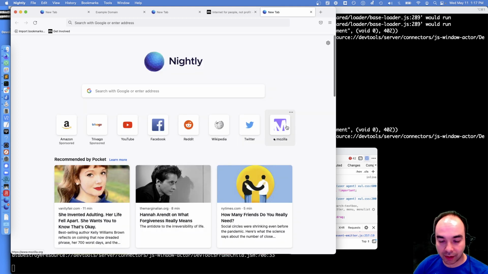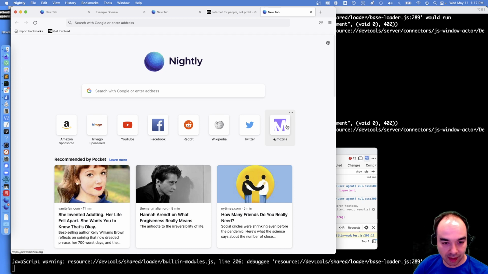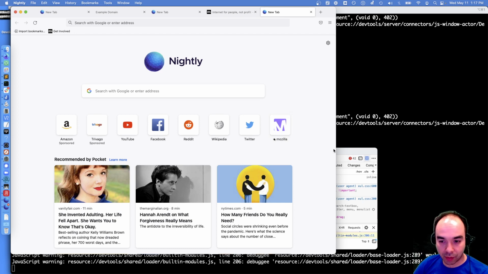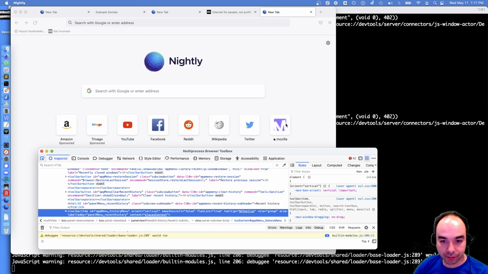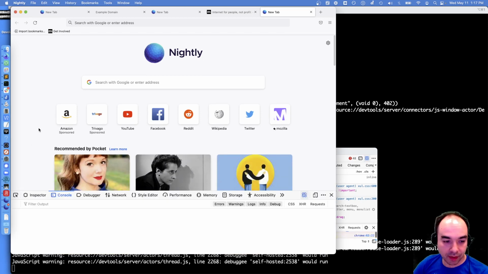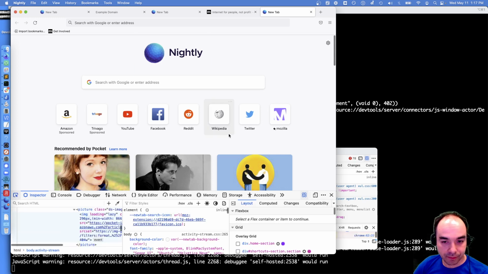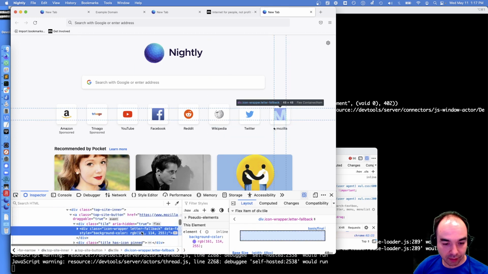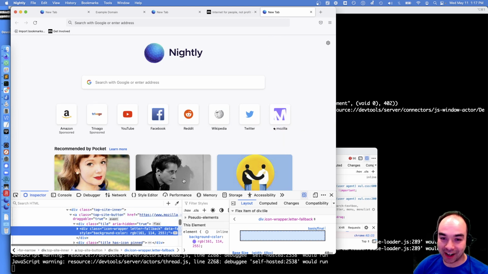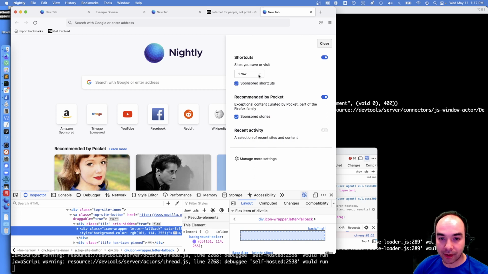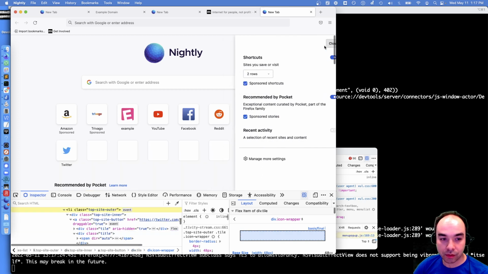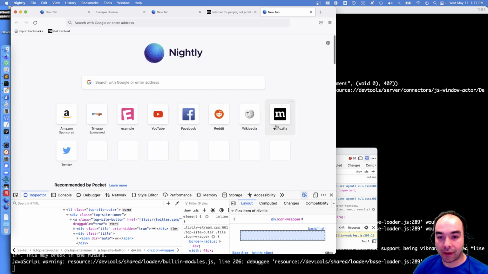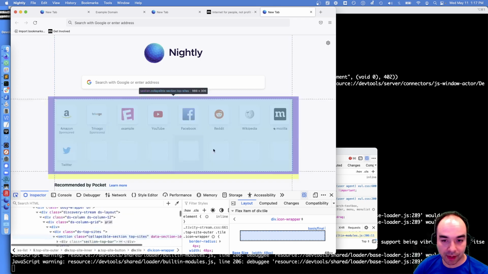I'm kind of waffling a little bit because I'm not sure why that's not using the page icon protocol right now. So forgive me for a second here. Let's open up the DevTools again. It's using this fallback, but it could use the page icon protocol. Like if I get more history, maybe if I show a couple of rows. Oh, there. Now it finally figured it out. I guess I had to flush something.